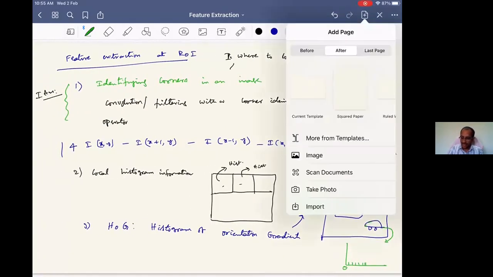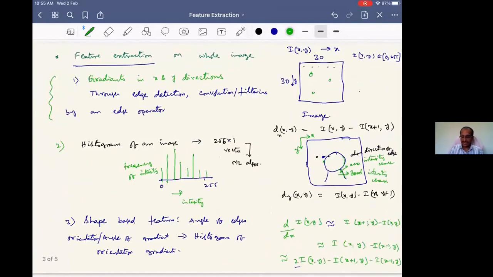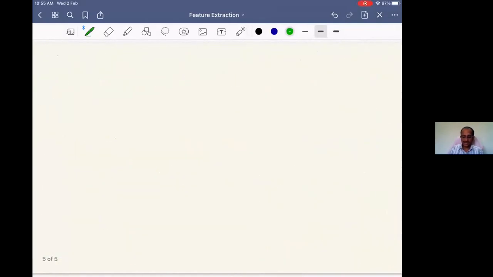Before I close, since filtering and convolution, as I mentioned, is an important process of extracting features, I would like to give a small inference on that and then we can leave. So I hope all of you know what convolution is. Assume that there is a signal, a one-dimensional signal, just for simplicity. Now the question is, I want to find out